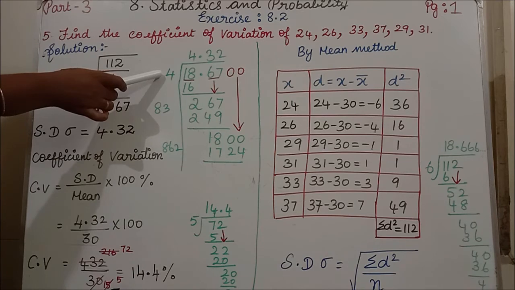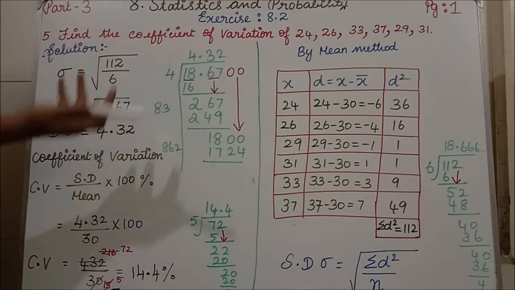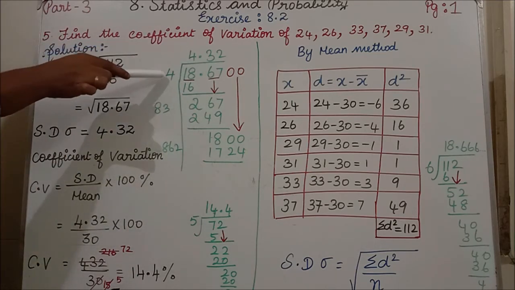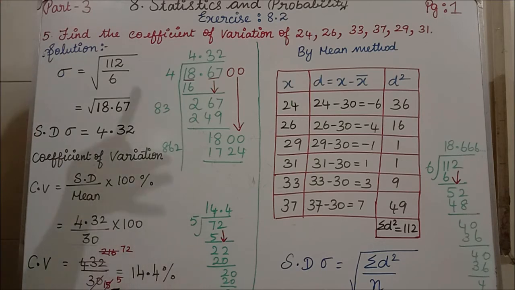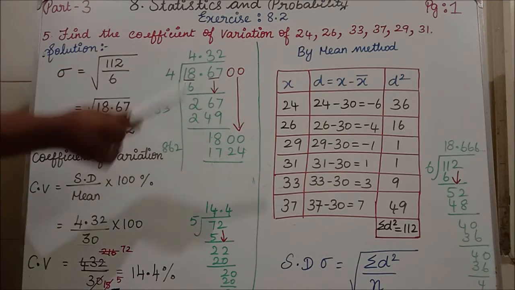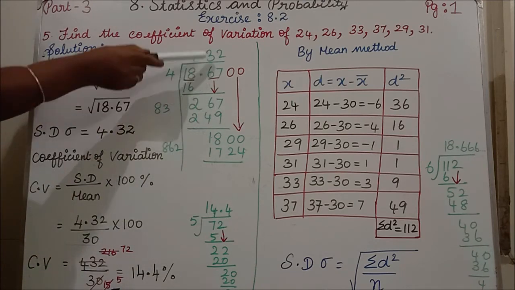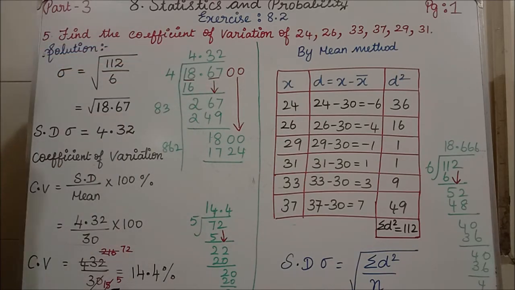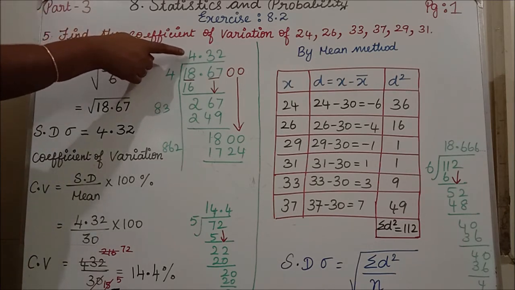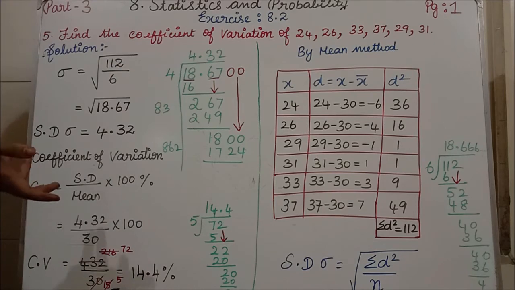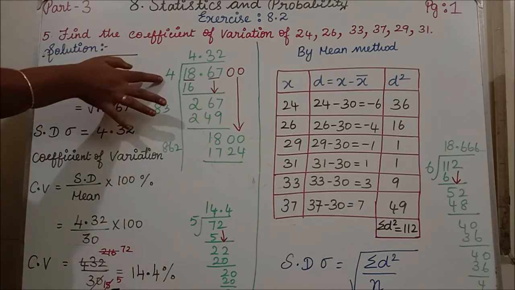Isn't it? So if I write 1 1, it is very left. 2 2s, that also. 3 3s are 9. 4 4s are 16. But if you substitute 5 5s, 25, it is exceeding. So we have to put 4 4s. 4 4s are 16. The remaining 2 you will get, and bring down this 67. Before bringing, your decimal is there. So keep the decimal in the quotient and then we bring down the 67. Clear? Usually in one step we multiply by 2. Here if you multiply by 2, we will get 8. Either here or in the quotient you can multiply with 2. So 4 2s are 8.